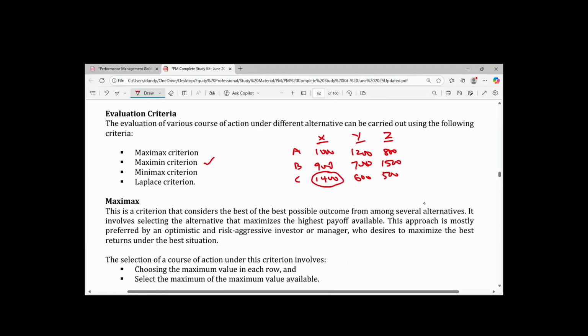For the second column, the highest figure is 1,200. For the third column, the highest figure is 1,500. Therefore, step 2,